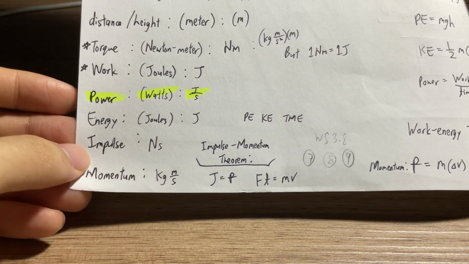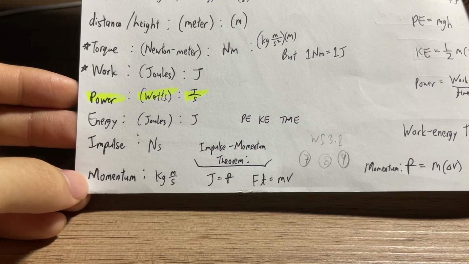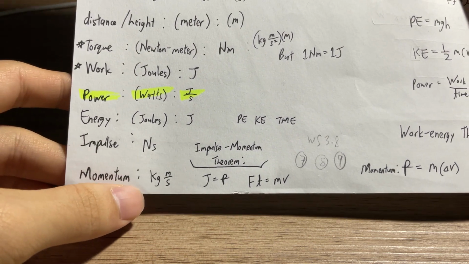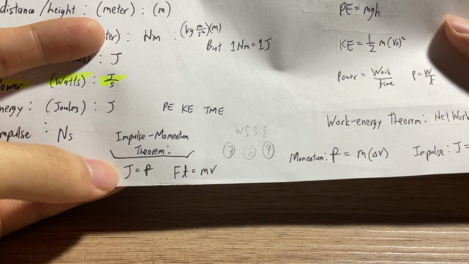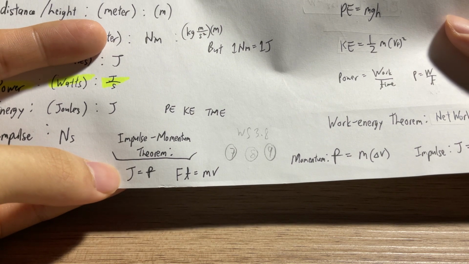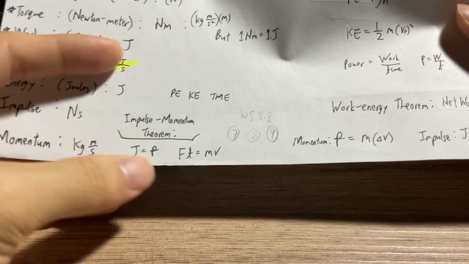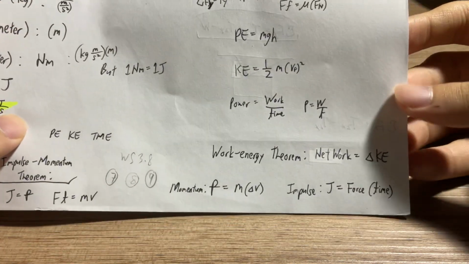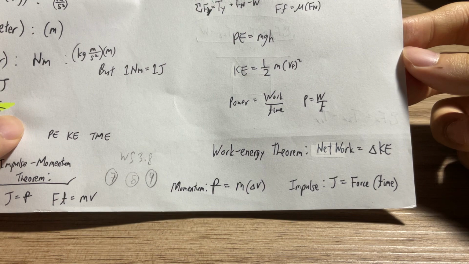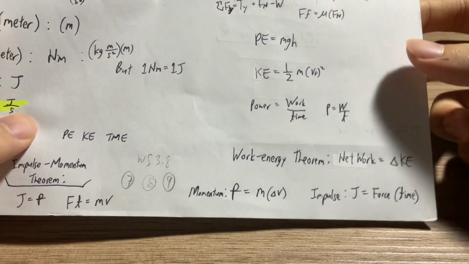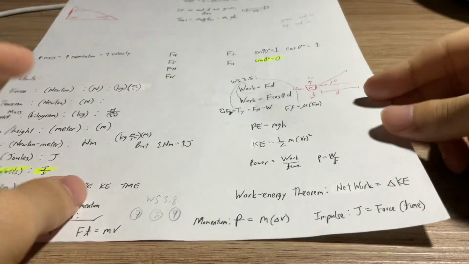For impulse, we have Newton seconds, or Newton second. For momentum, kilogram times meter per second. So for the impulse and momentum theorem, it basically says that impulse is equal to momentum. So yes, work energy theorem: net work is equal to the change in kinetic energy. I believe that's going to be important in this kind of